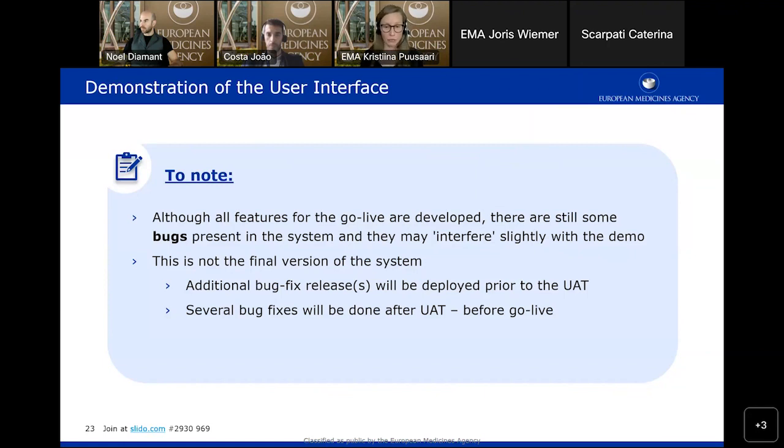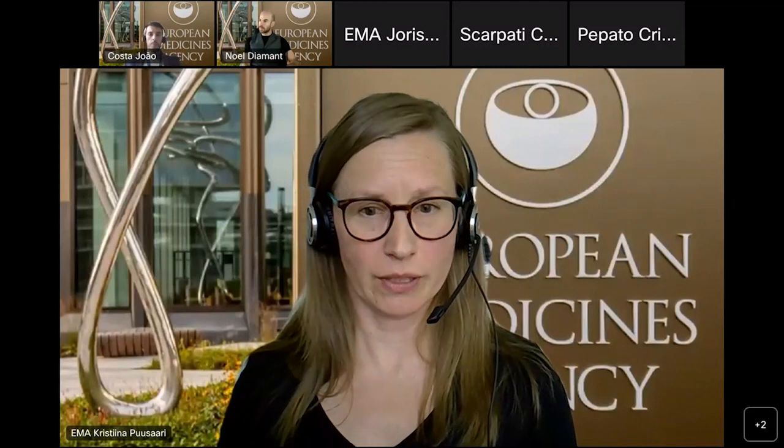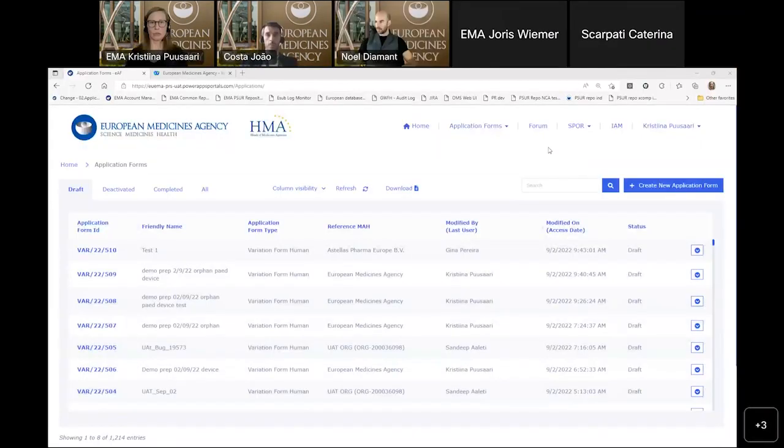But with that note, I shall share my screen and we will have a look at the UAT environment of the system. Please do let me know if you cannot see my screen. I know the resolution is quite small. I'm trying to keep it as large as I can so that I can still see what I'm doing.